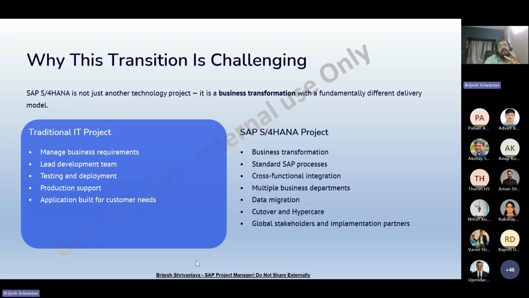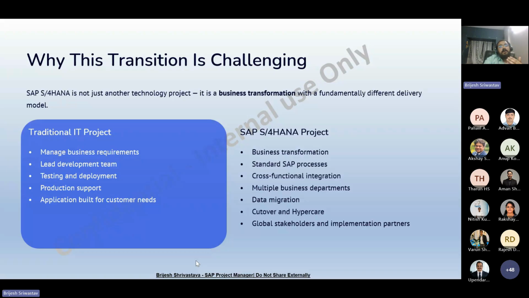So one business process may involve 5 or 6 SAP modules working together. As an SAP project manager, you need to understand these dependencies, not the technical detail, but from a project delivery perspective, you need to understand this outcome.